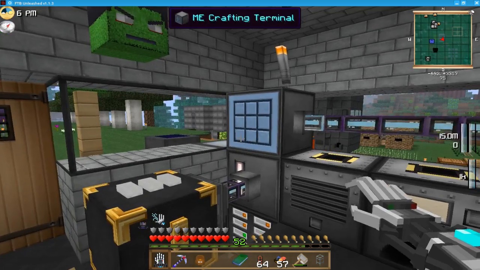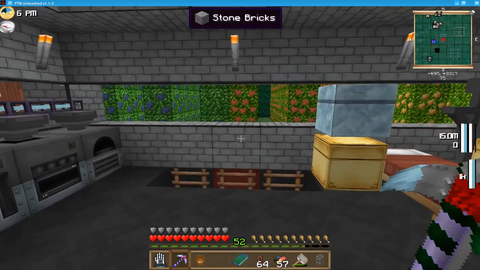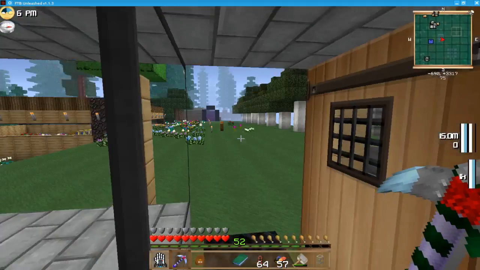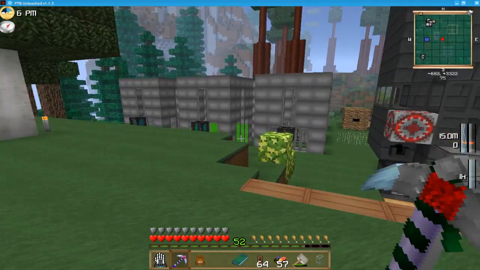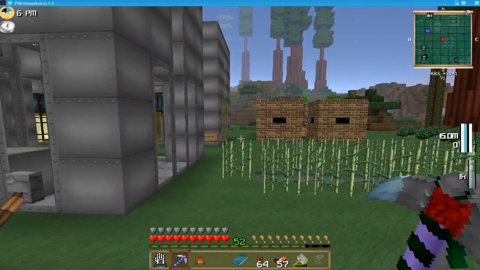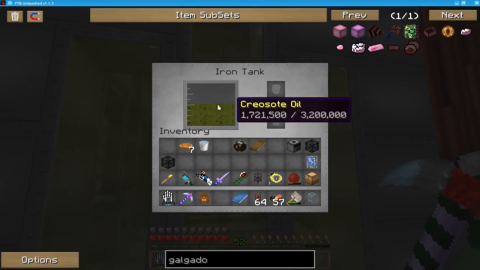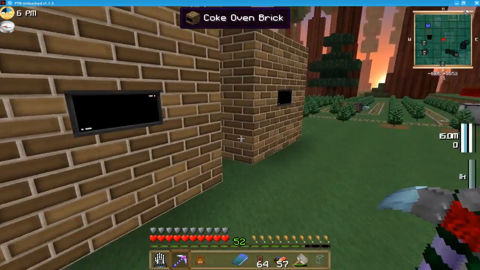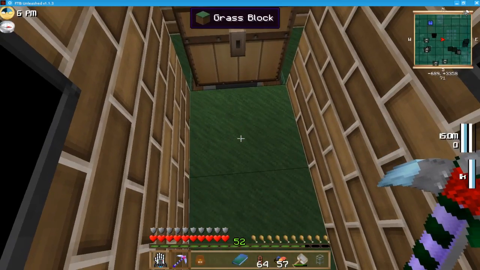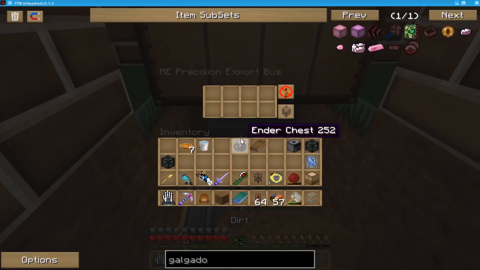And today we are going to be working on adding some more automation stuff. But for right now, I wanted to show you guys what I had come up with, a couple of different things. I decided to go ahead and get some creosote going, and as you can see, we're doing pretty good on creosote. We have over 1,000 buckets of it, and off of 4 coke ovens,